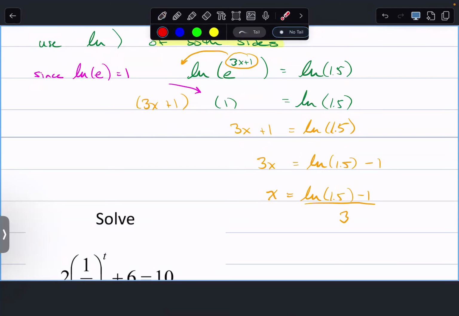You can plug this in. The natural log of 1.5 minus 1 to the power of 3, as long as you're not rounding, you can multiply it by 3 and then add 1, right? And then take e to that, and then take the log of it and find that it's the log of 1.5. Kind of, you could check your work. I never do, because it's a lot of kind of reverse engineering. But you could, in theory. Pretty fun, right?